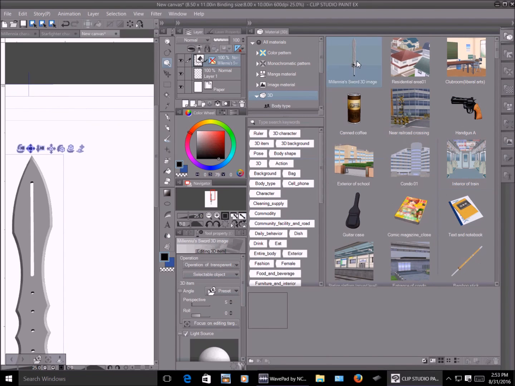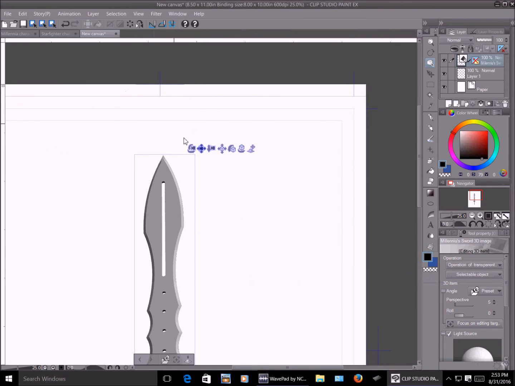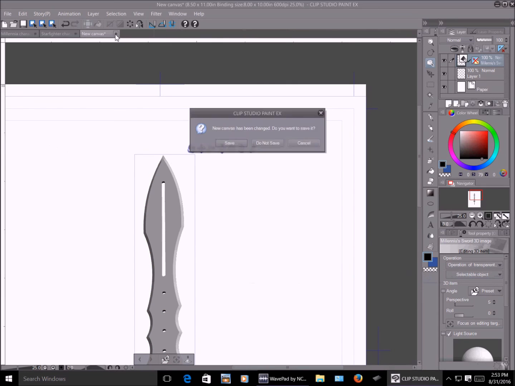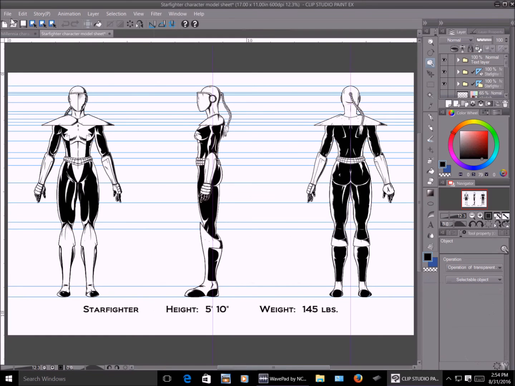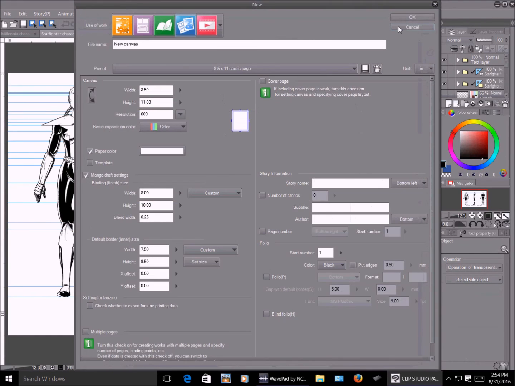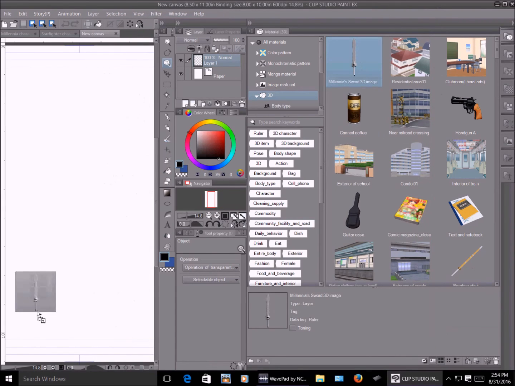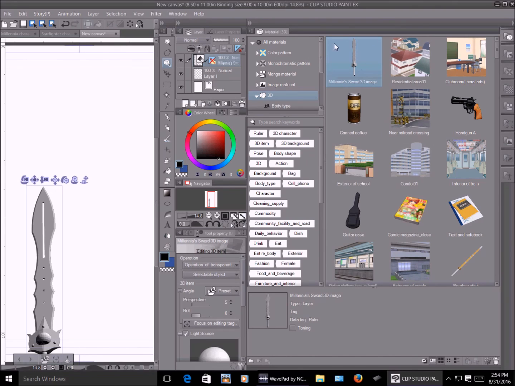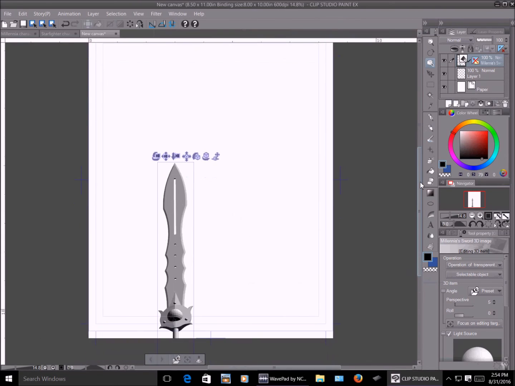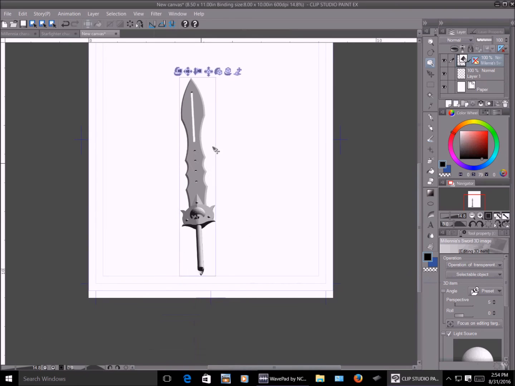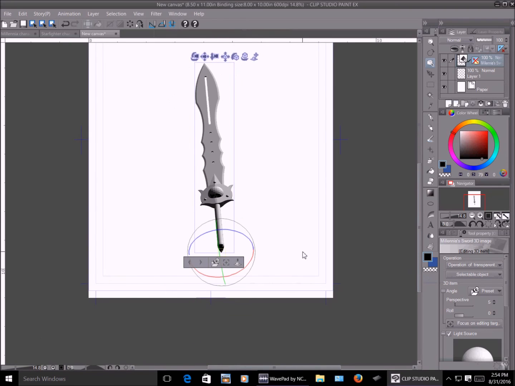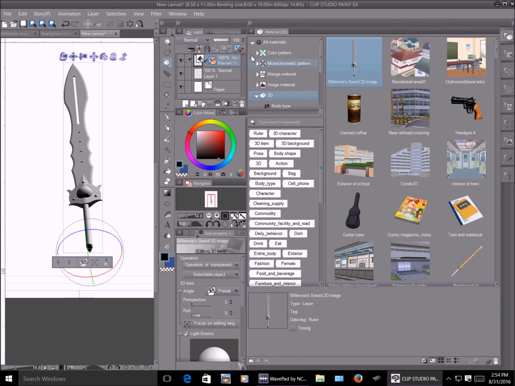And now you see it there. Now if I were to get rid of this, let's not save it. Now let's say I needed to use a sword. Grab it, pull it, and there it is. Now anytime that I want to use Malenia's sword, I don't have to download it from my computer. It's now saved as a permanent material in the 3D materials section of Google SketchUp.